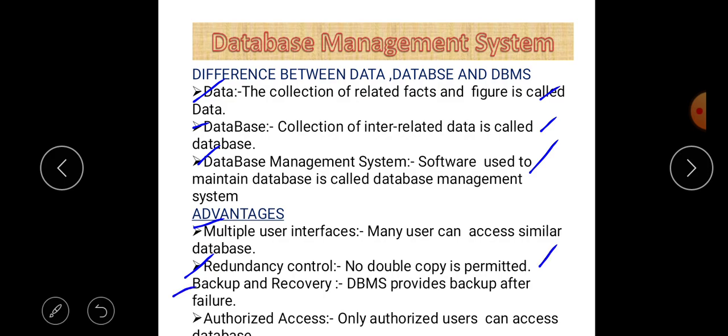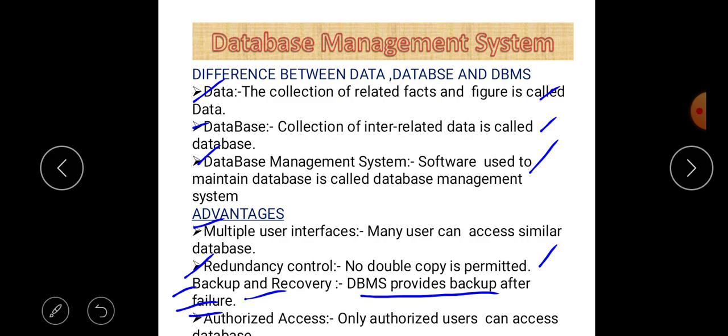Third is backup and recovery. The DBMS provides backup after failure. And next is authorized access. Only authorized users can access the database. So these are some advantages of why we use DBMS.